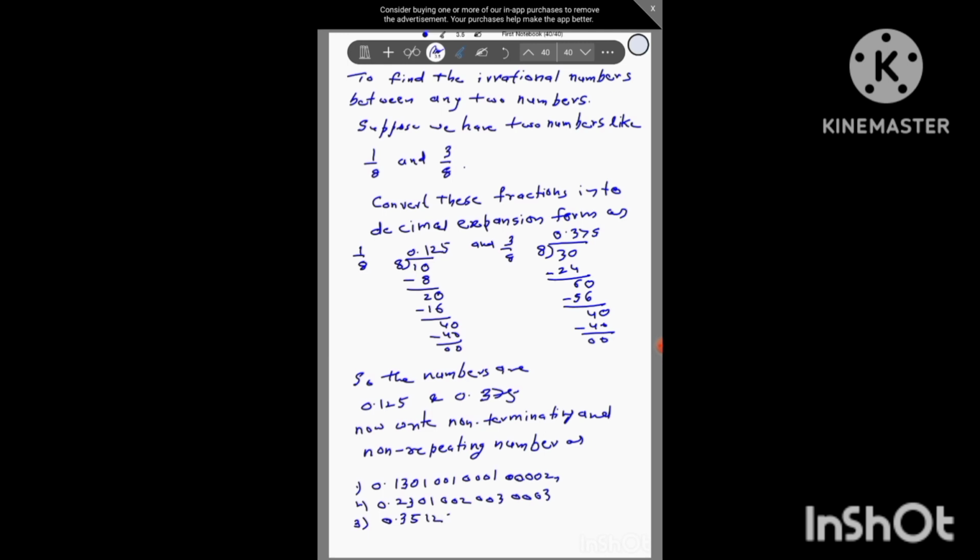So 0.3512, say any number you can write. It should not repeat, the block should not be repeated. These are called irrational numbers. Okay, and try